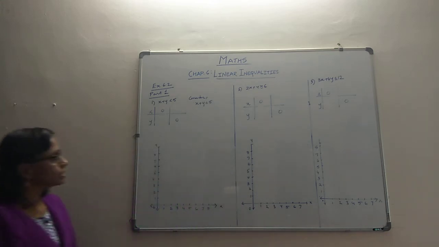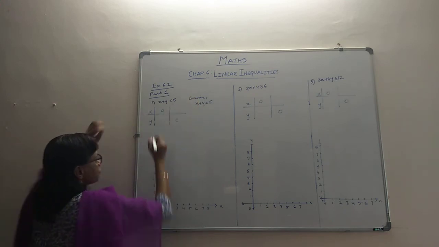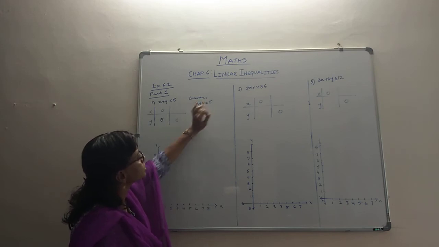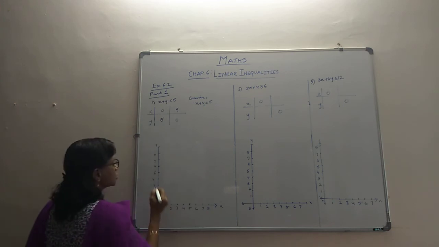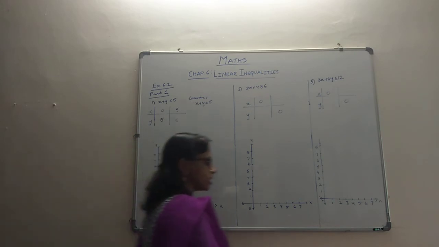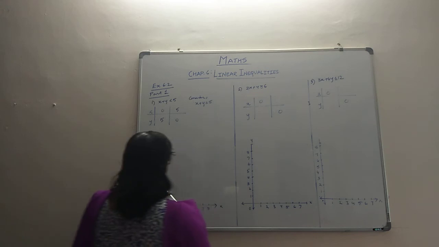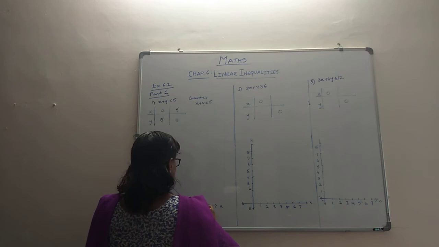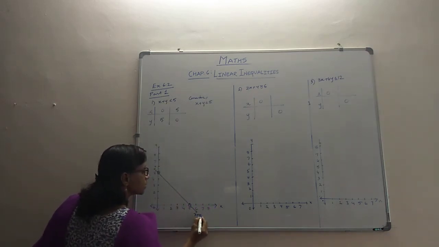So in order to get those coordinates, first you substitute x as 0, y value becomes 5. Then you substitute y as 0. So if y is 0, the x value becomes 5. So these are your two coordinates, (0, 5) and (5, 0). So this is your point number 1 and this is point number 2. Having got these points, we will plot the line. And this is a line which is representing x plus y equal to 5.